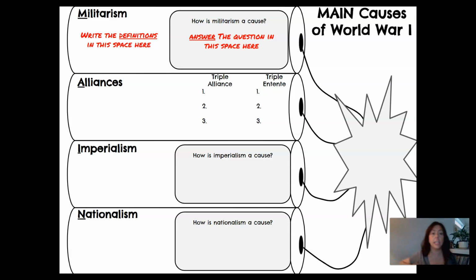Okay, so on your sheet, what you want to do is type in on the left side the definition of each of the causes. So define militarism, define alliances, define imperialism, and define nationalism. And then explain, in 3 out of 4, you'll explain how they are a cause of the war. So how was militarism a cause? Here's what it means. Now, how did it cause World War I specifically? Okay. In alliances, you're just going to type in the Triple Alliance countries and the Triple Entente